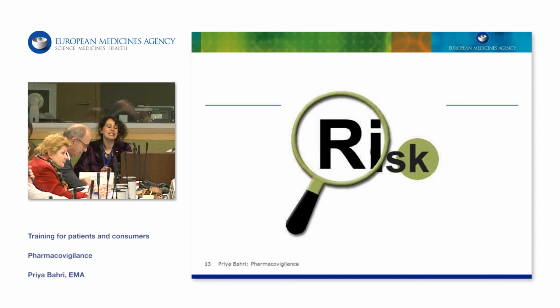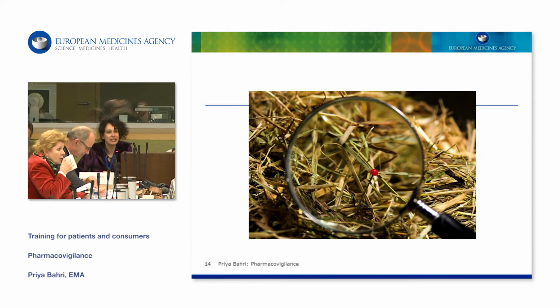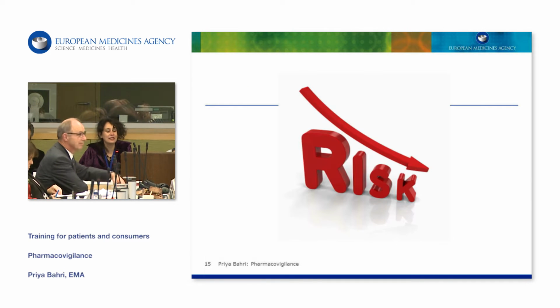Here we are. So in pharmacovigilance, we're looking out for these risks. Next slide, please. Luckily, these risks are rare, because if they were not rare, we would not authorize the medicines in the first instance. So we are using a number of tools to look for the one needle in the haystack, the really nasty needle. That's what we are looking for. Next slide, please. And once we have found that, we want to minimize the risk, so as to keep patients as safe as possible. Next slide.